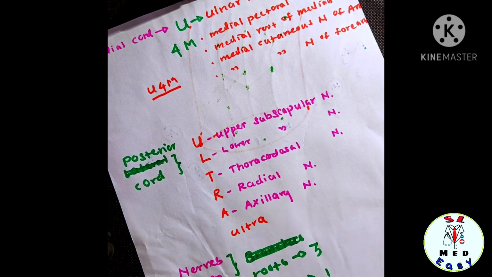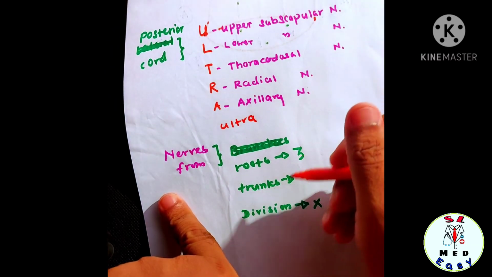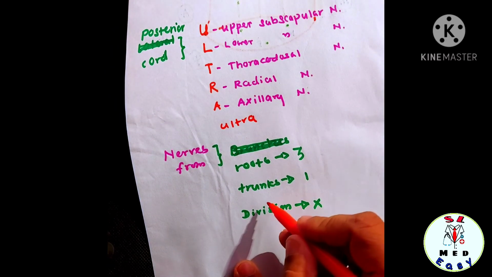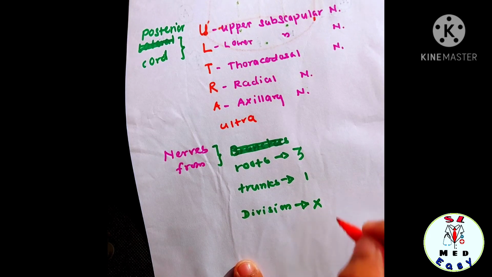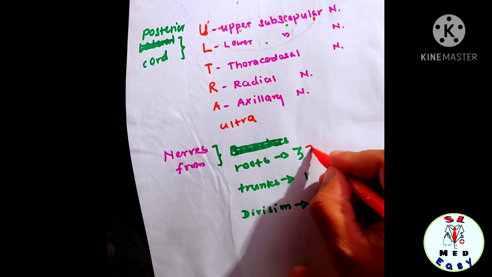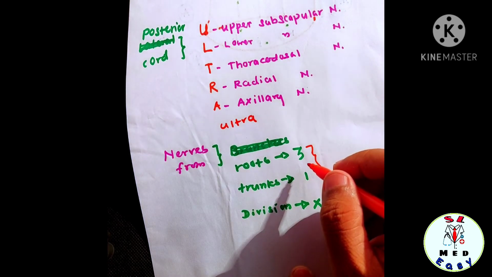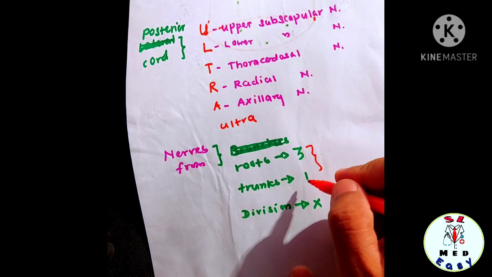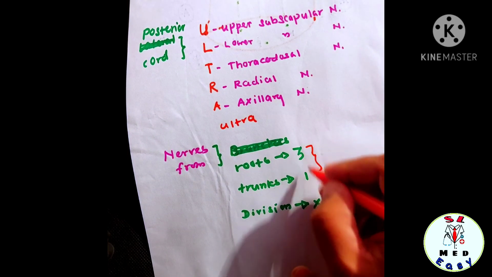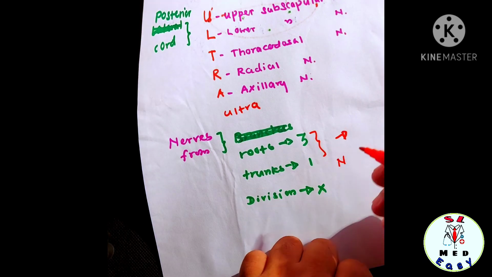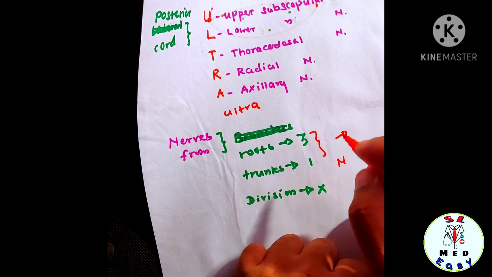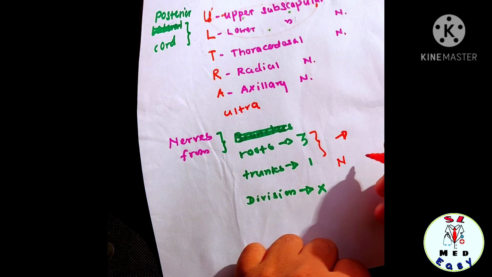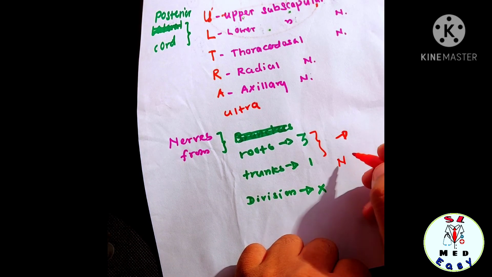axillary nerve, right? These are all the branches from the brachial plexus, but I didn't draw the nerves from the roots and also the nerves from the trunks, but there are no nerves from the divisions. I am not going to draw these two parts. Now you should draw the brachial plexus and add these four parts at the end of your drawn brachial plexus. You have a complete diagram of the brachial plexus, right?